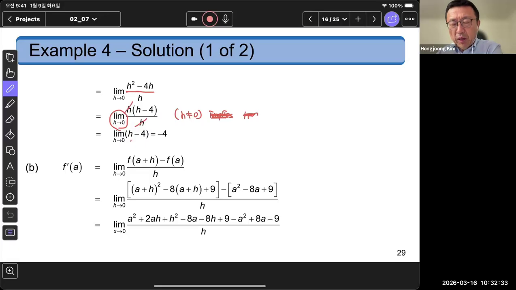Then you have only h minus 4, and if I let h go to 0, the limit value will be negative 4. So this negative 4 is the derivative of f